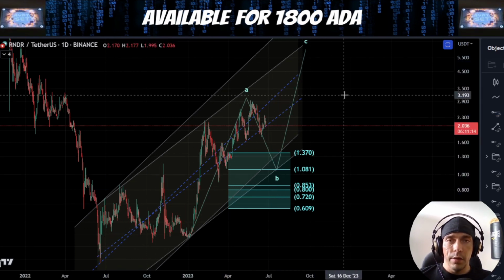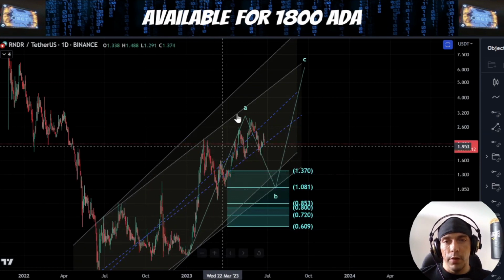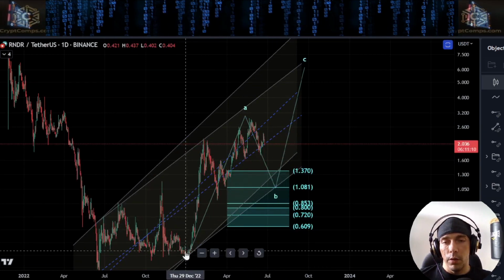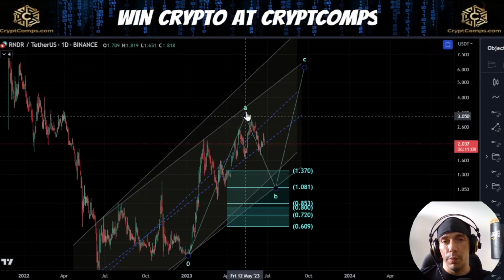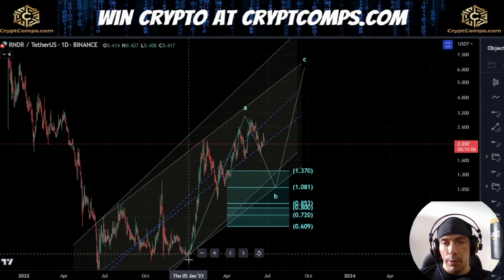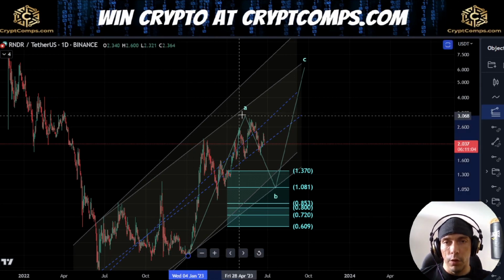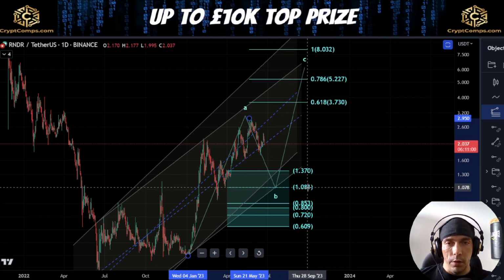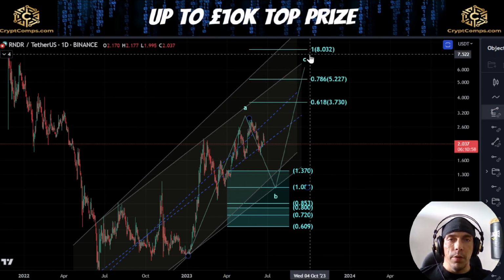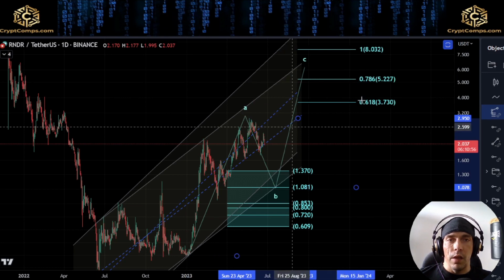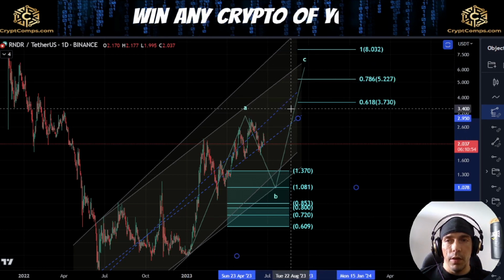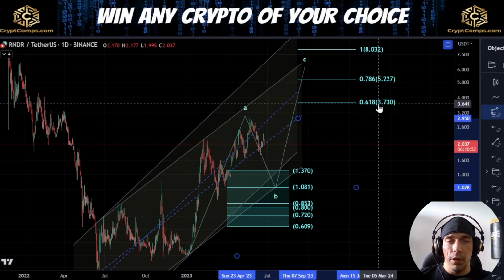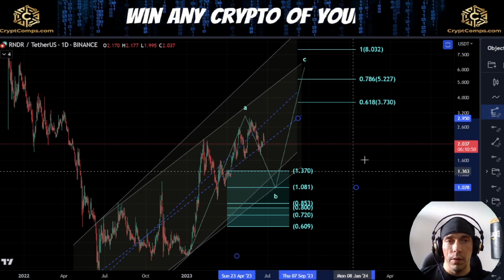But nevertheless, if we are looking at this possibility of this Y wave looking to complete higher up here, where this just becomes the A wave, what we'd actually be looking for, if I throw this fib onto this low region here, go up into this high here and back down here, our 1-to-1 would actually be up here at this $8.03. Now, some other key levels here would be this 0.618, which would be interesting here at this $3.77,